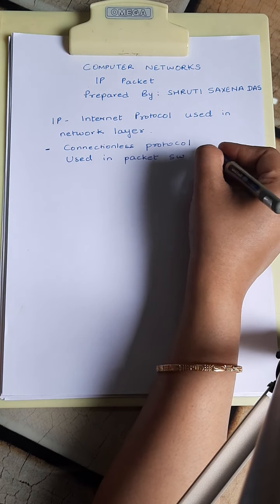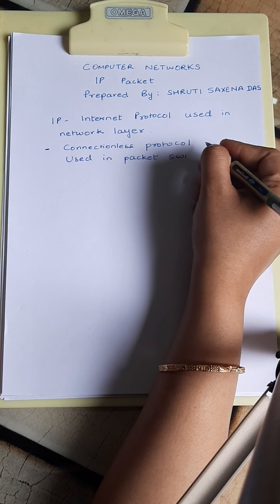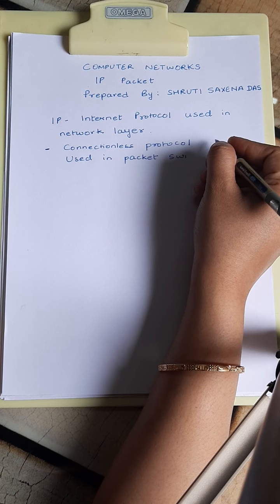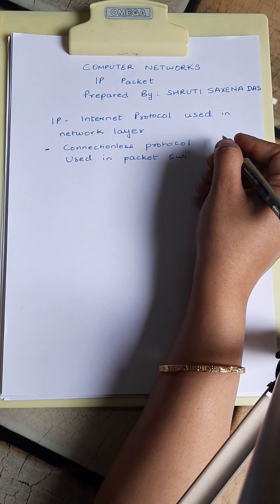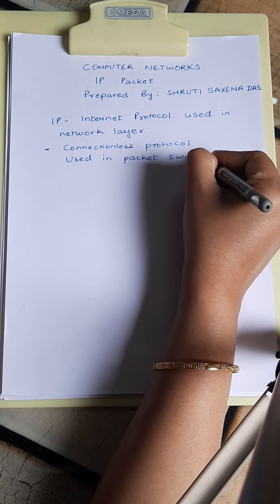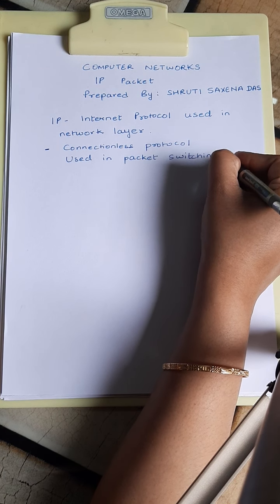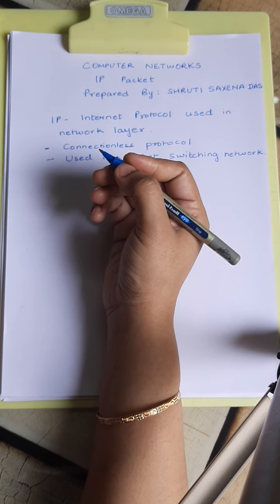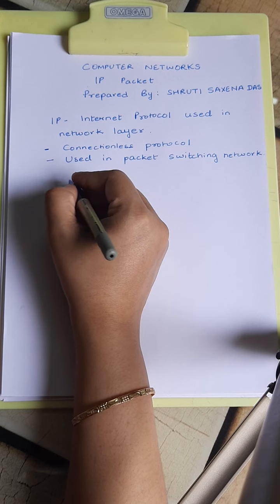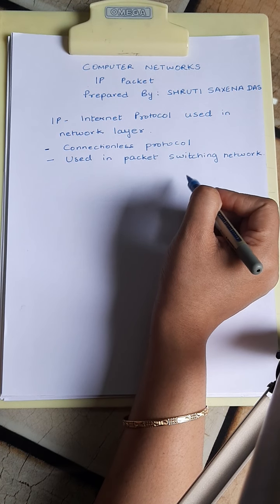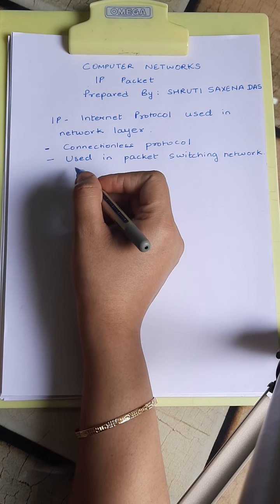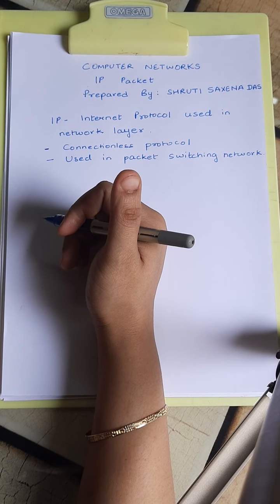So everything we do on the internet today involves packets. When you send an email, the email is also transmitted in packets, and each packet carries information that helps in reaching the destination. So it is used in packet switching networks. For example, these are used in Ethernet. And it encapsulates data received from the above layer, which is the transport layer. We discussed that it receives data from the transport layer and divides it into packets.